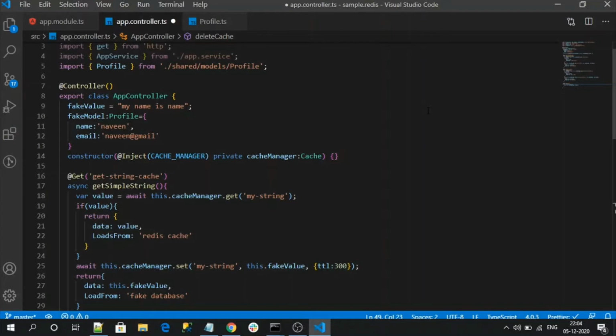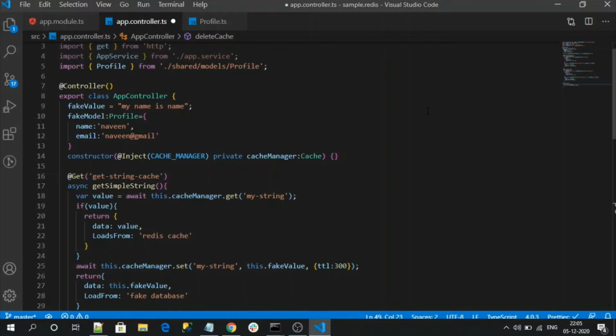The auto cache will be enabled in our Redis cache application through interceptors, meaning cache interceptors. This interceptor can be decorated on a controller. On decorating it on a controller, the automatic cache is enabled through the entire controller for all GET endpoints.